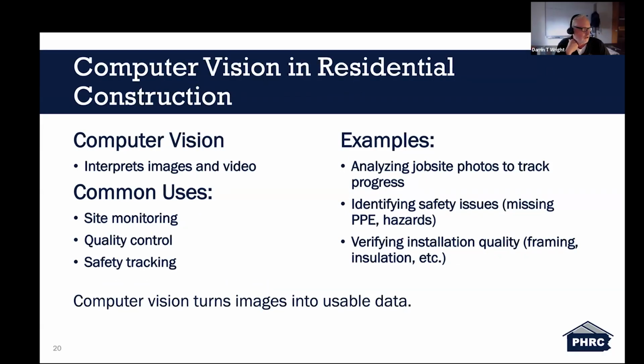Computer vision in residential construction interprets images and videos. So if you see an example of job site photo-based AI, these are very platform-based, which means generally you have to have a subscription for these to work properly. Some of these computer vision AI software allow you to go onto a job site with a camera and take pictures of different portions of the job site, particularly during inspection times. And then it will look at those images, and it can, on its own, go through those images and find flaws or defects or things that are wrong. It can also track those job sites as well.